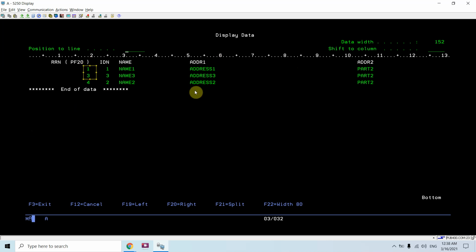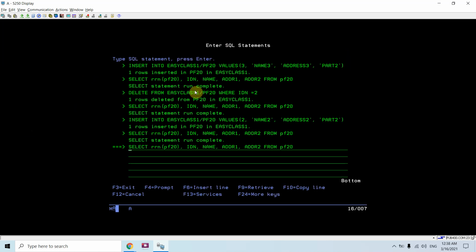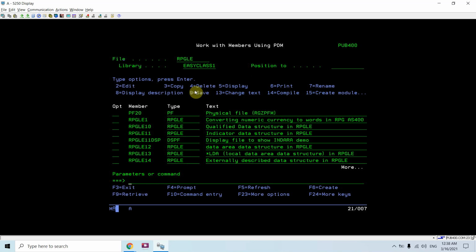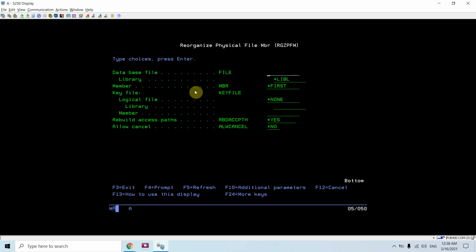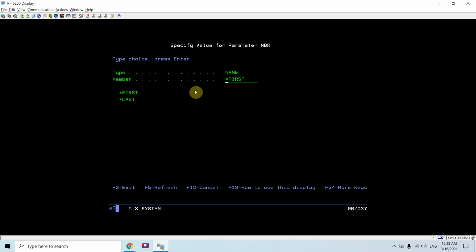What I'll do is reorganize the physical file member, rgzpfm. The database file is pf20, which is in my library, and the member is star first because this is a single member file.